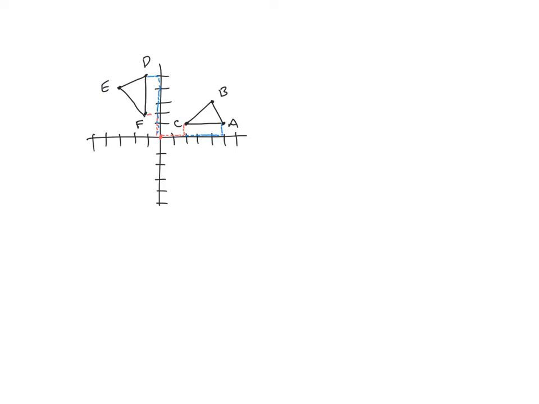Okay, so this one is a rotation of 90 degrees because we went from one quadrant to the next. Remember, going from here to here would be 90 degrees, then from there to there it'd be 180 degrees, 270 degrees. So each quadrant is another 90. But it would be a rotation of 90 degrees